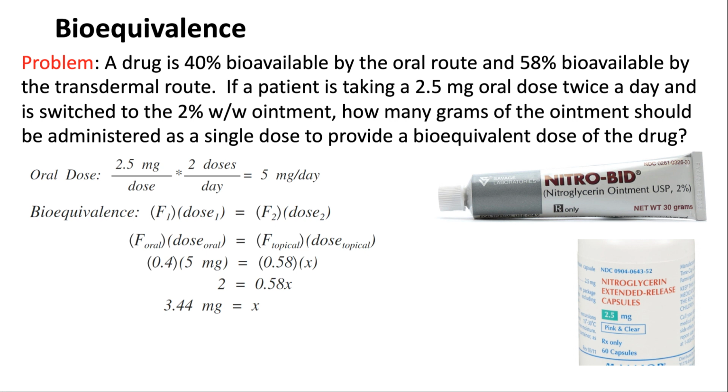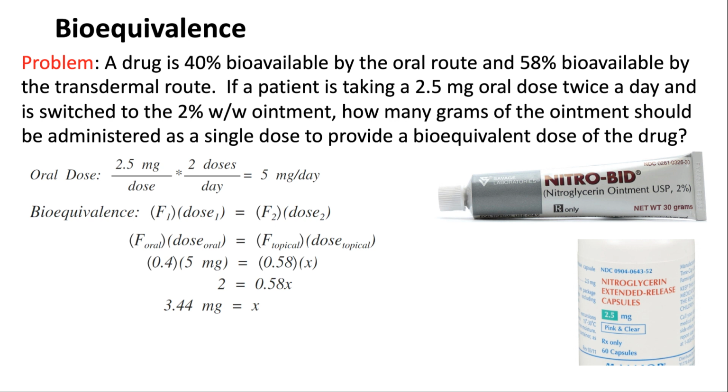40 divided by 100 is 0.4. So the F value for the oral is 0.4, and we're going to multiply it by the total daily dose, which we just calculated to be 5 milligrams. Set that equal to the F value when we apply nitroglycerin topically, which we were given as 58% bioavailable. So we would divide 58 by 100 to get a fraction of 0.58. So the F value for the topical is 0.58, times the dose. And the dose is what we're solving for. Essentially, we're going to set that equal to X. X equals the dose of the ointment when applied topically that provides a bioequivalent dose as taking 5 milligrams of